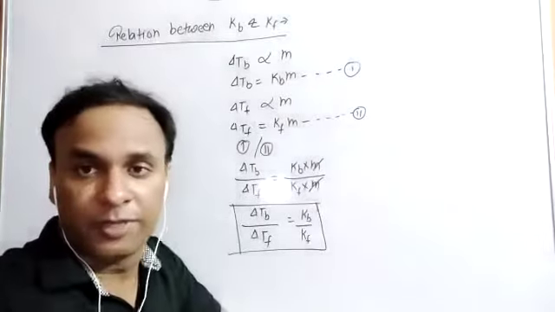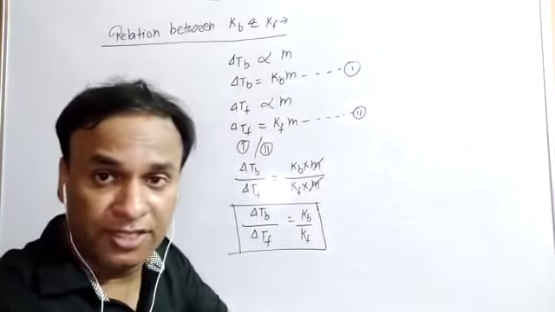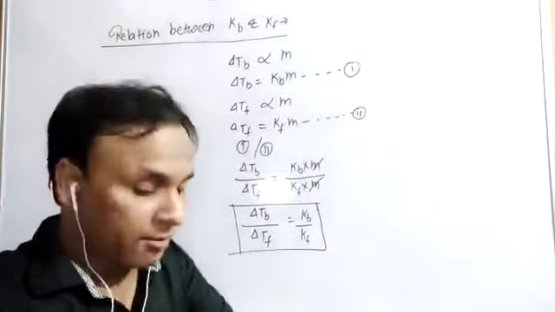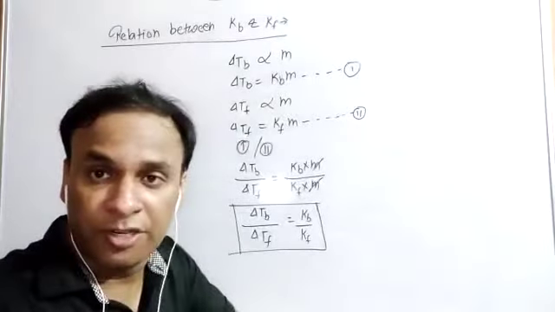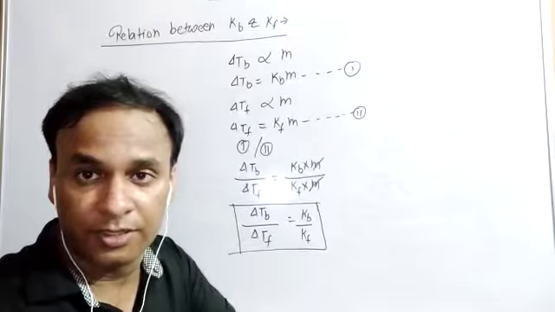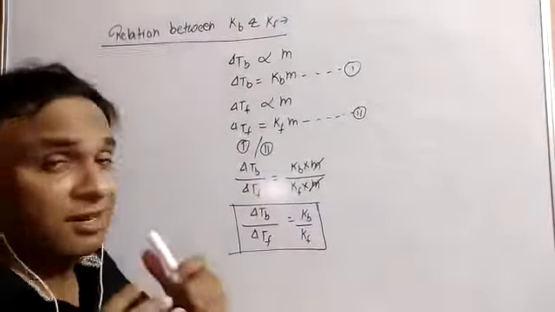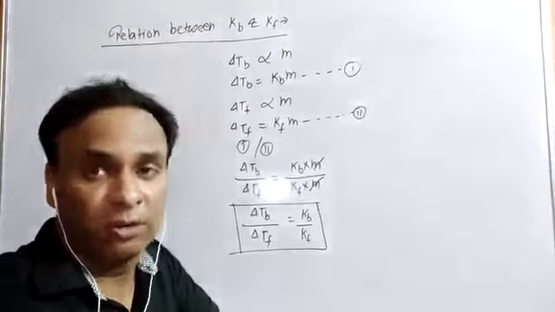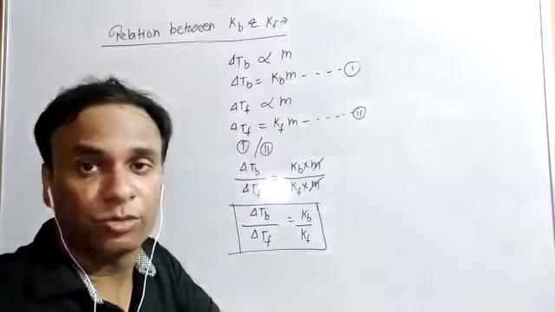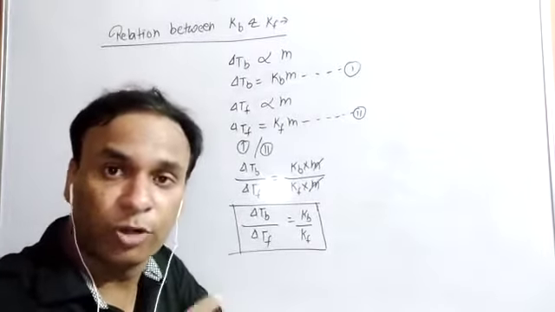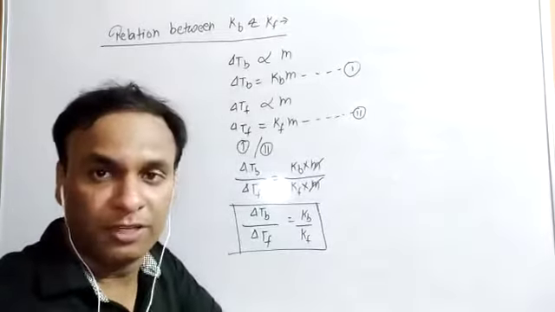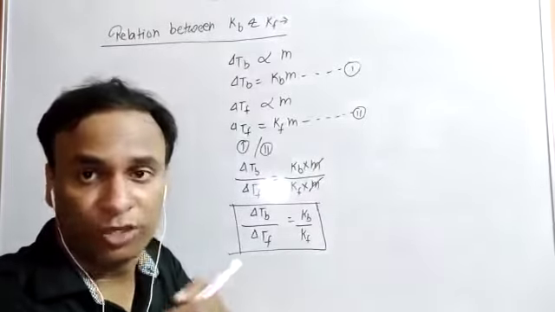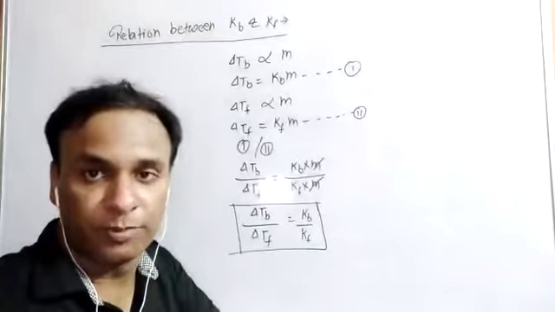These are the colligative properties: elevation of boiling point, depression of freezing point, osmotic pressure and lowering of vapor pressure. While boiling point, freezing point and vapor pressure themselves are not colligative properties. Clear? And these are valid for those solutions and solute molecules which are not dissociated in aqueous solution. That's why these colligative properties are called normal colligative properties. Means osmotic pressure, lowering of vapor pressure, depression of freezing point and elevation of boiling point are considered normal colligative properties.